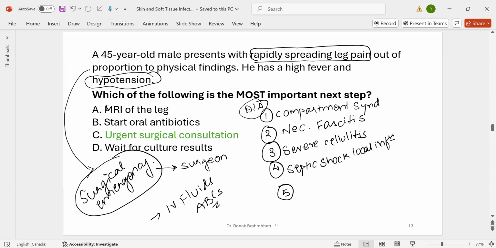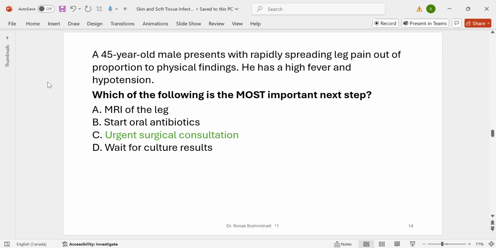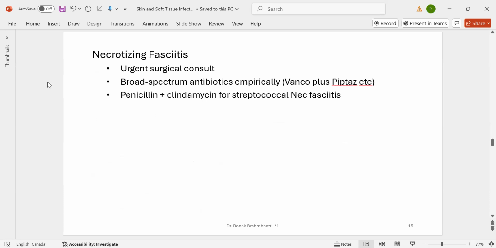Compartment syndrome, which may be some infection, who knows, right? Or severe sepsis from local infection, right? All of this could be present. So, surgical consult, number one, most important step. Good. All right. So, for skin conditions, there are some conditions which are red flags, and we discussed them,